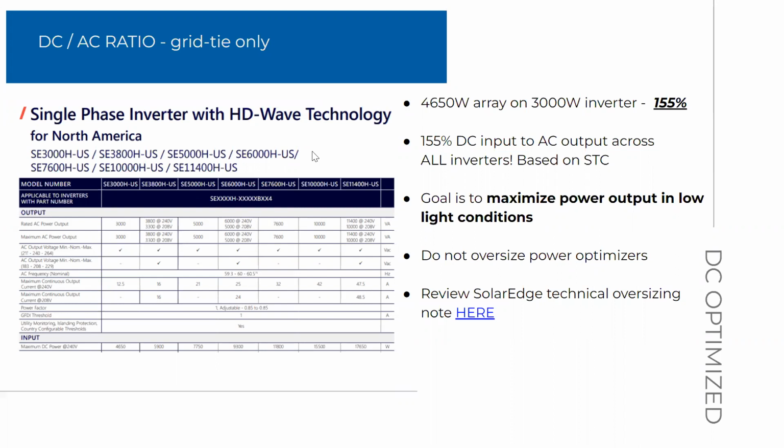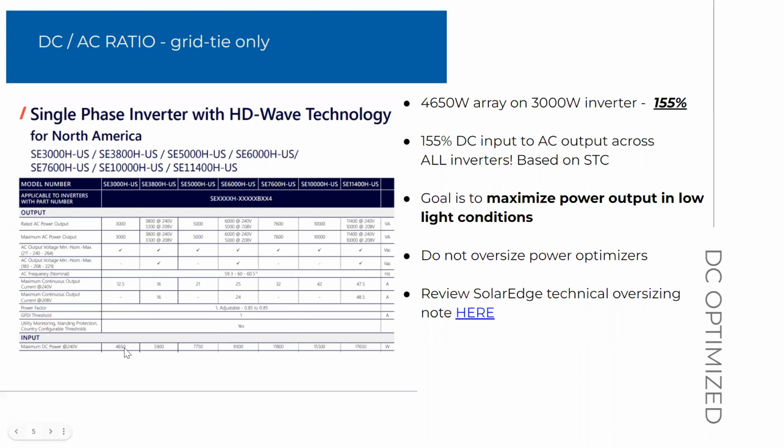If we pick any of these model sizes, I like to look at the DC input as it compares to the AC output. Every inverter data sheet is going to include some information on the maximum DC power that you can add in for the DC input into your inverter. So if we look at the first one,